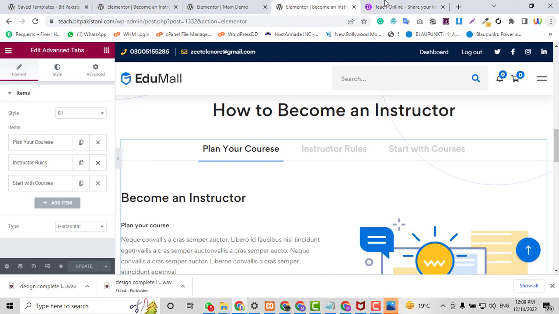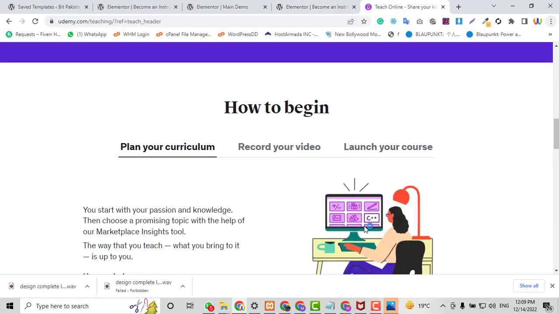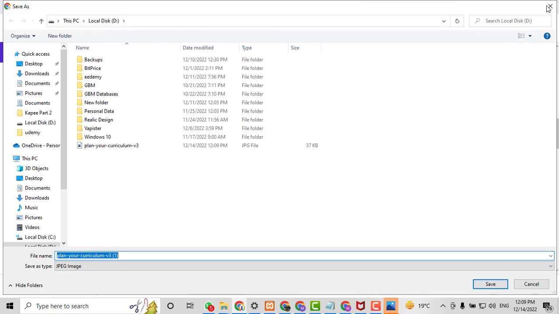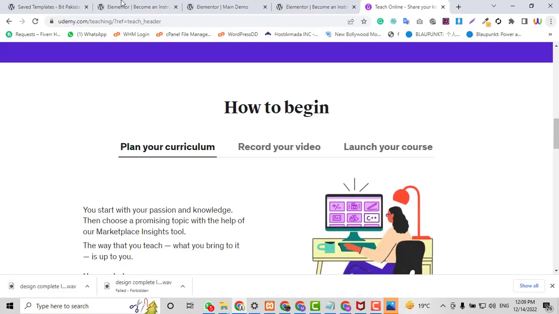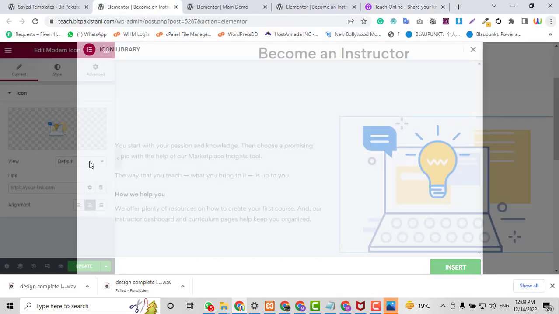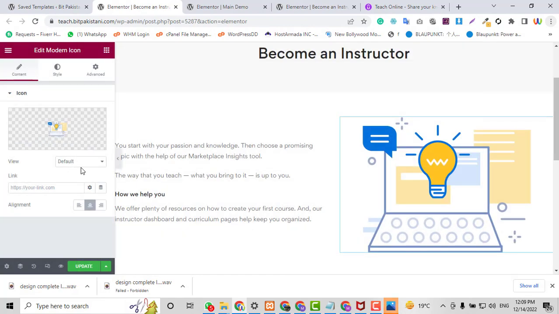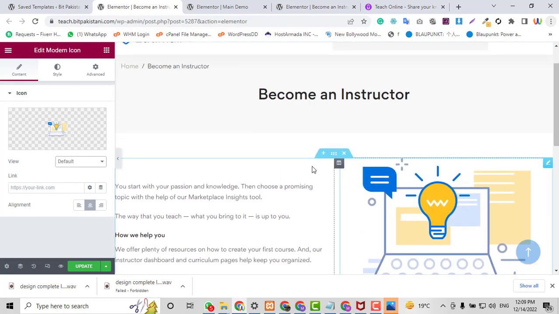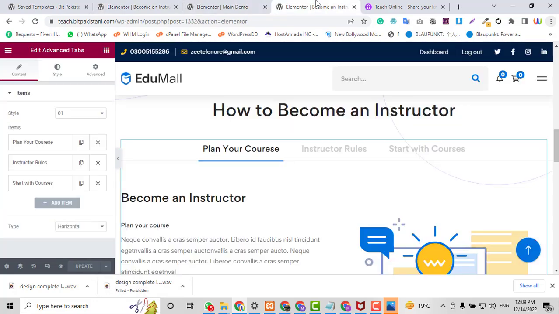So what is the name of this image? Let me search it. In the D drive I have this image, so I will not change this image. I think this image is looking beautiful, so I will just update this image, and then I refresh this page